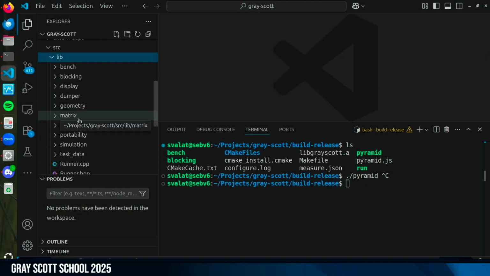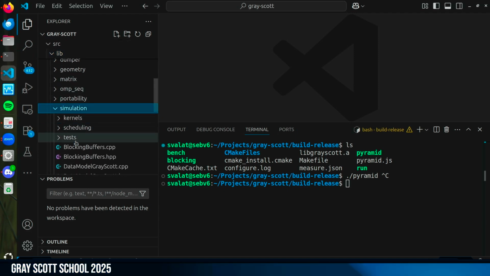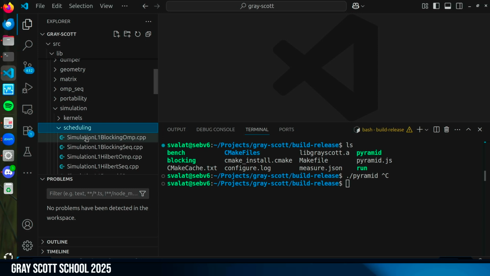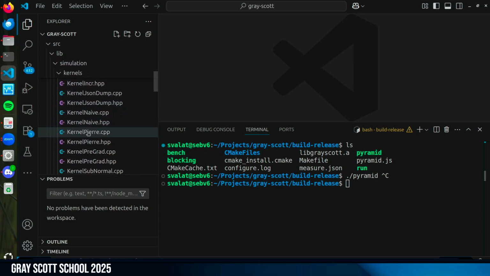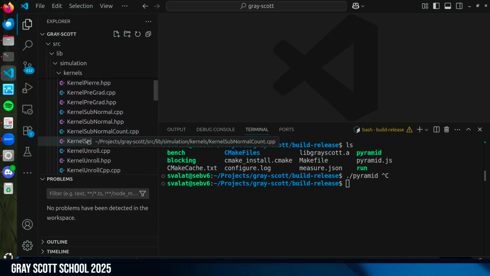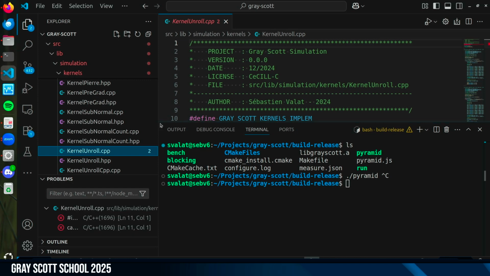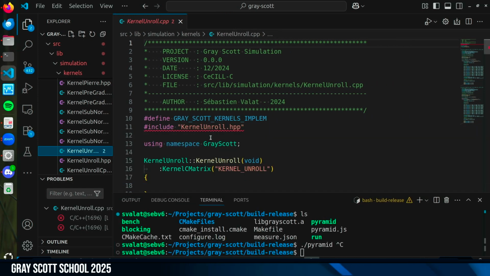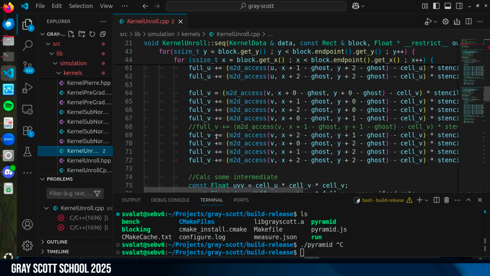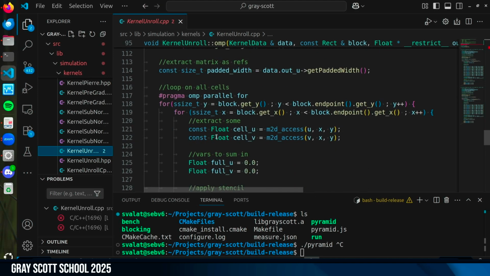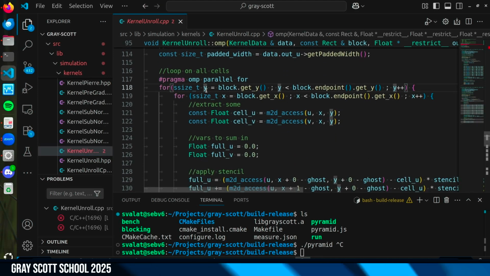Where is my OpenMP loop? If I go in simulation, scheduling, or kernels. Kernels enroll. This is the one I'm executing. I have two for loops here, the for loops over the block, and I am just adding a parallel OpenMP for on top of it.